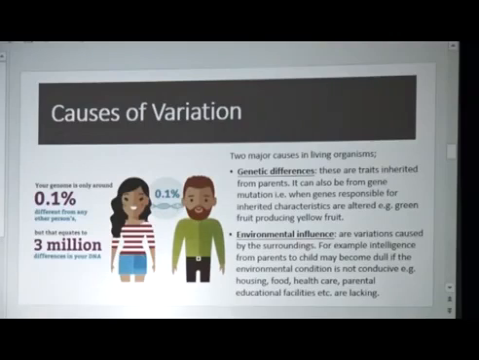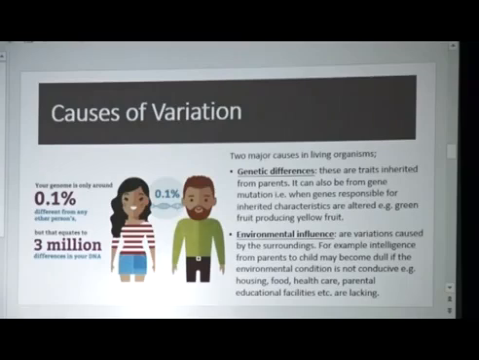These differences, the causes can be divided into 2: the genetic differences and the environmental influence. Genetic differences are the traits inherited from parents. For instance, you may inherit a big nose from your dad, wide nostrils from your mom. That is why you're able to recognize individuals